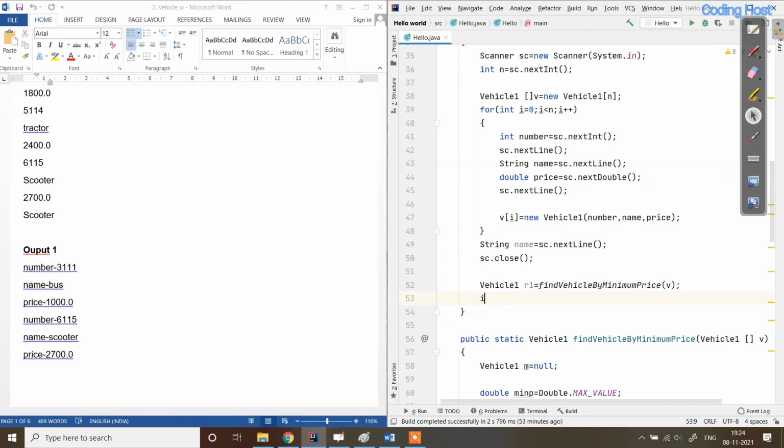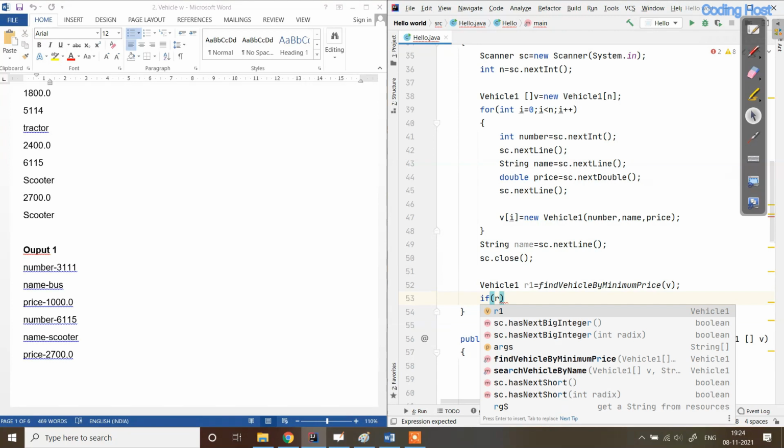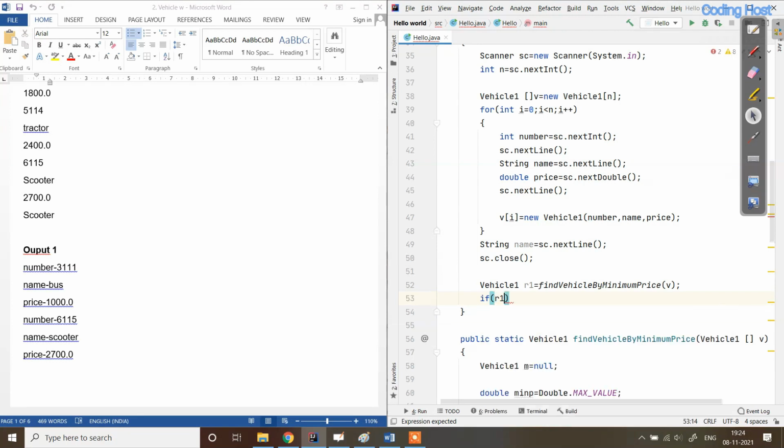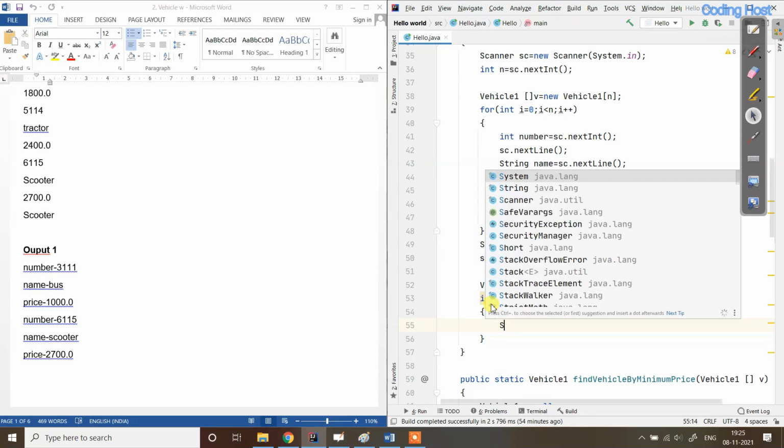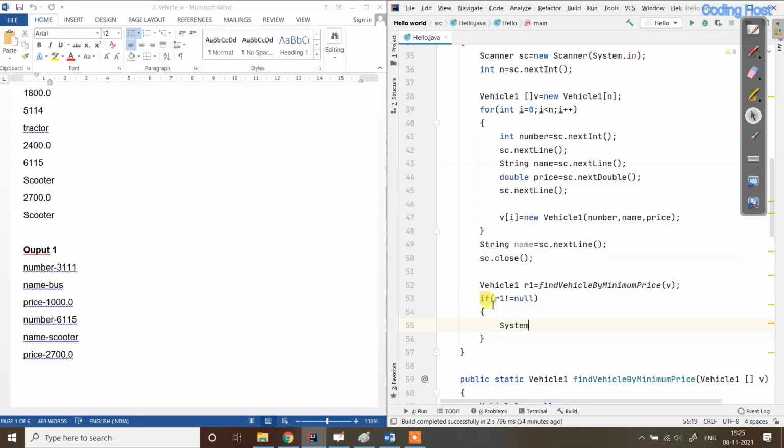I will use an if statement: if r1 not equal to null, it means that this variable is not null, so now we will print values from this object. So System.out.println, and I will copy this statement first.